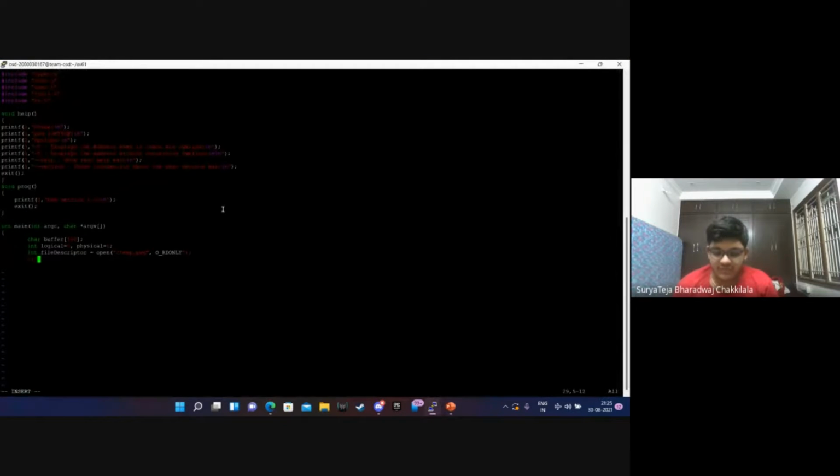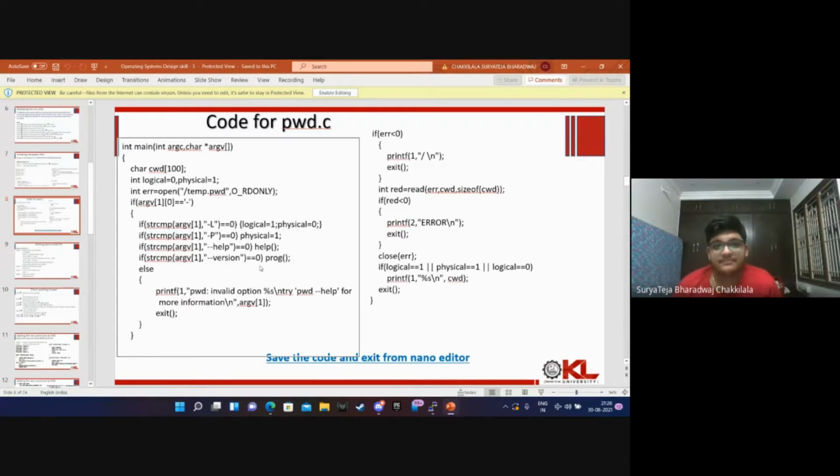So if argv of 1 is double equals to hyphen, then I'll just be saying if L, then logical. So logical will be 1, physical will be 0. If hyphen P, then physical will be 1.